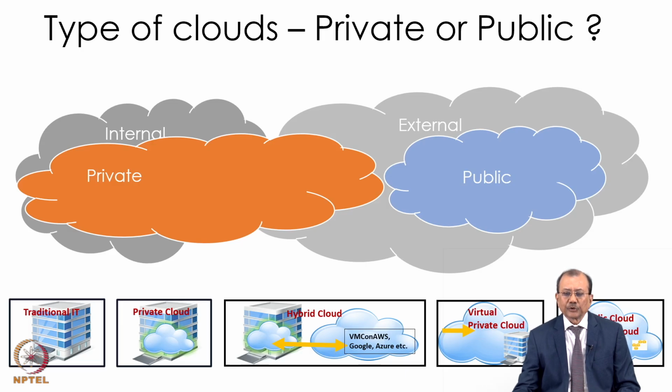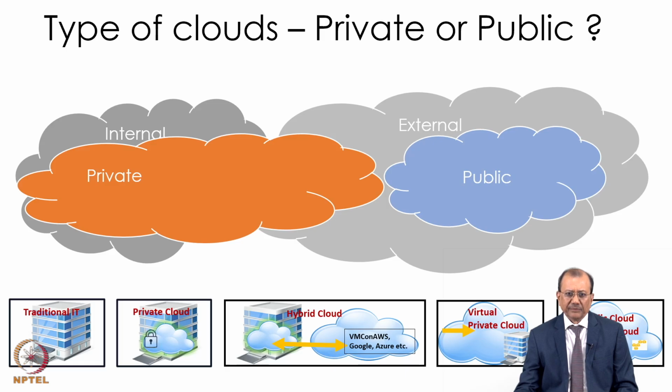Public clouds are like Amazon AWS and Microsoft Azure, and public clouds like the Government of India's cloud which hosts our Aadhaar, and the NPCI cloud which hosts our UPI, which everybody has access to, as long as they have the rights, the password and security to access the cloud. Cloud means the software applications and the data. So a public cloud is something which is beyond the boundary of a company. So internal cloud and external cloud are like that.